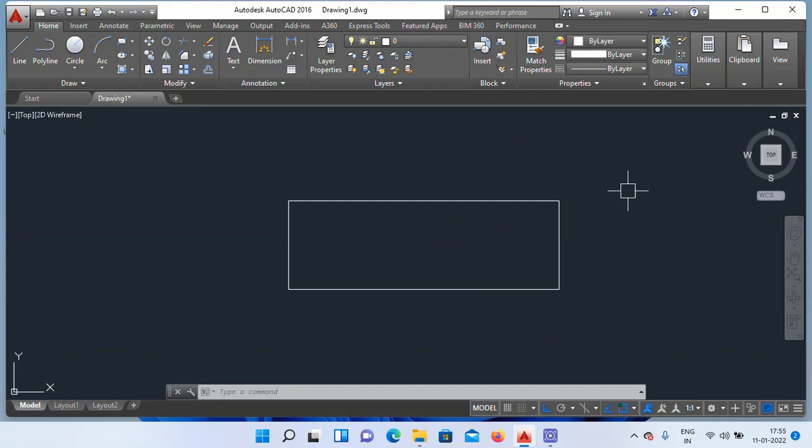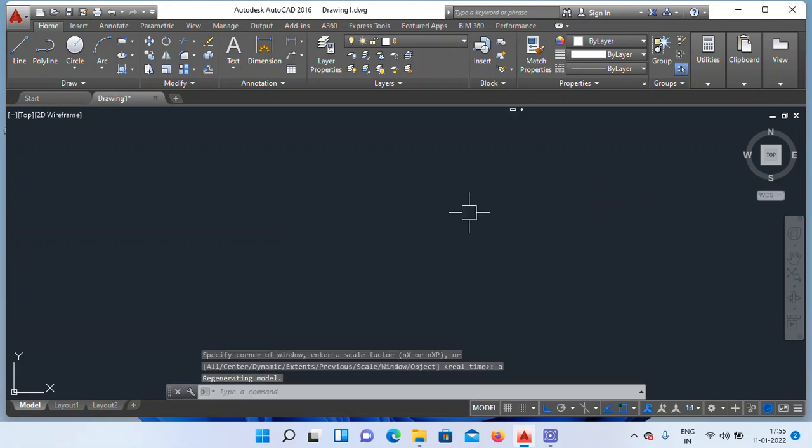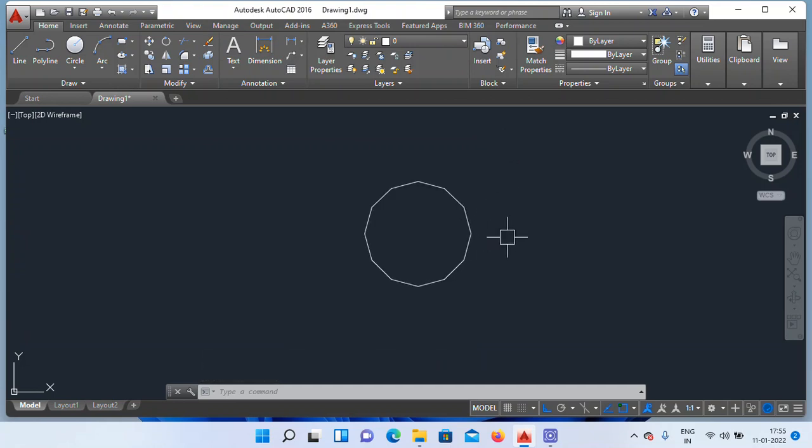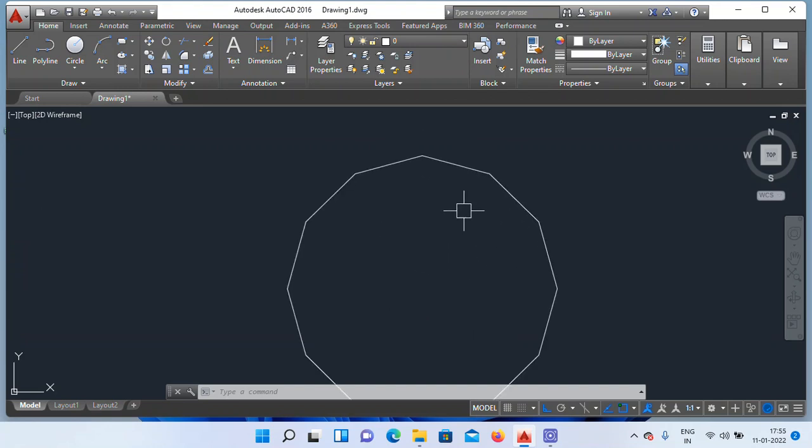See, apply the zoom all command. Z, enter, A, enter. Zoom all, right? This is a circle.